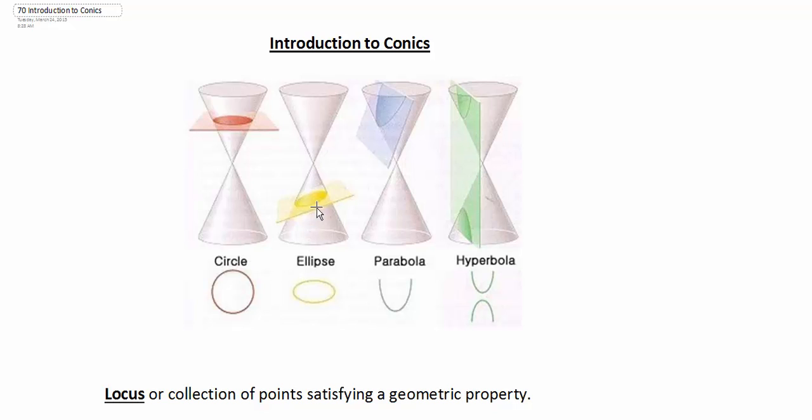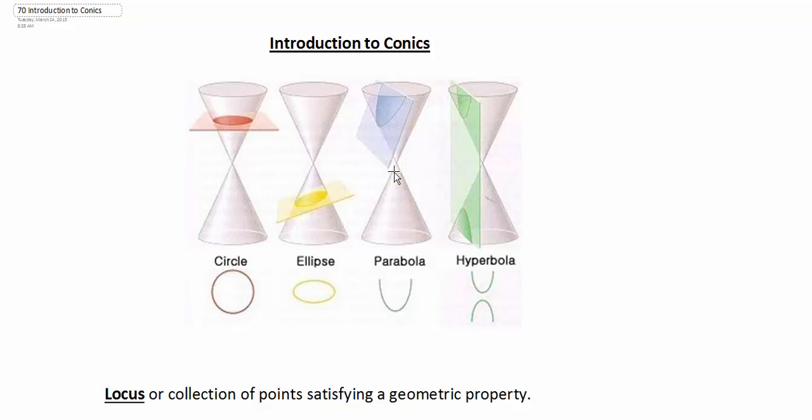And then for the second one, if we put a little bit of a slant in this yellow plane, then we can see that we're going to end up with the ellipse that is formed by the intersection. And for the third one, the one we're probably most common with is the parabola. Again, if we put more of a slant here, where the intersection of the plane is going up through the side of the cone and then up through the top, we can end up with the parabola